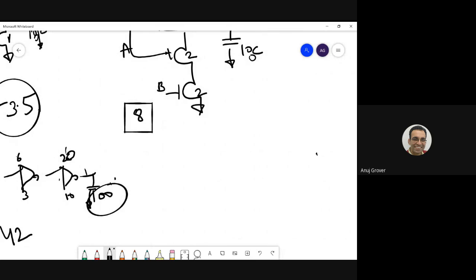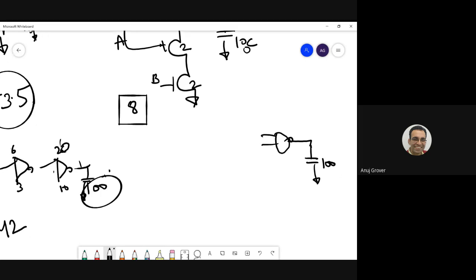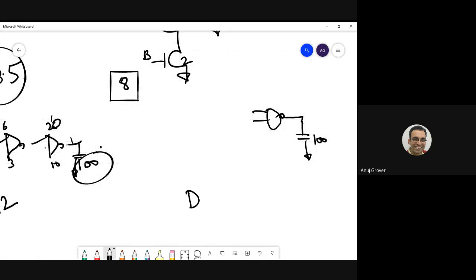Suppose now there is a load of 100, and I have an option to put a NAND gate here, or another option to put a NAND gate in the beginning and inverters in the later part. Okay, so let us say that before this you then have inverters placed.